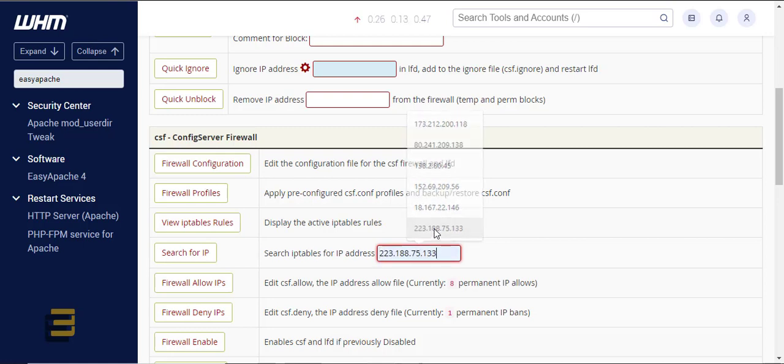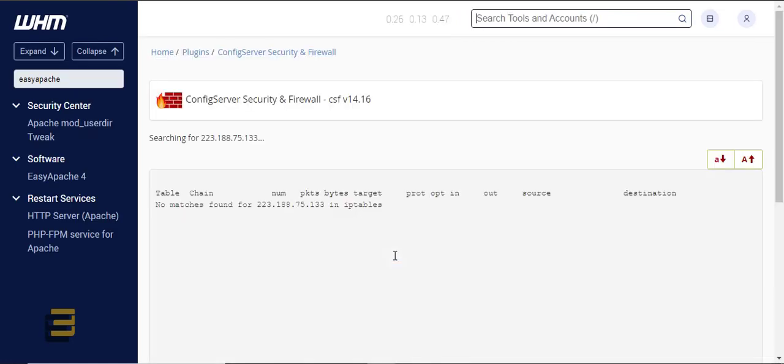Let's search for this IP, for example. There should be a message here about where that IP is connected to, if it's been blocked by your firewall or the LFD. I'm not sure exactly what that is, but there are two modules managing your firewall here. So you can check on the IP through here so that you can easily know where to unblock or